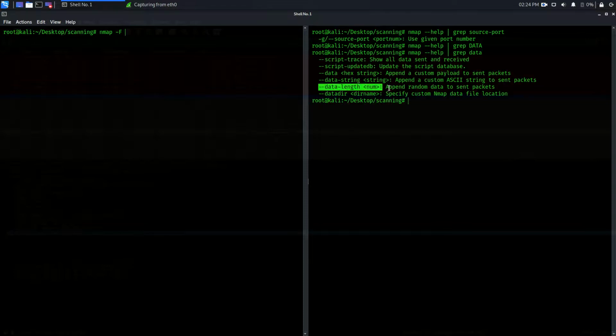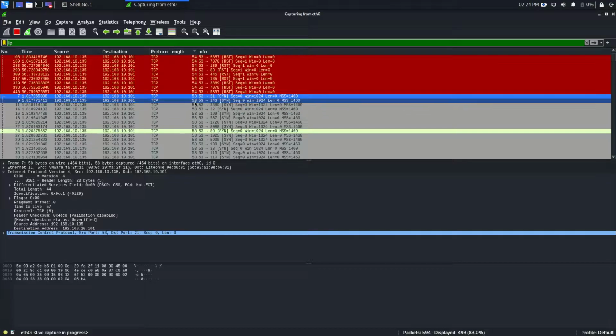Data length, yeah, this one. Okay, so nmap -n --data-length, and to show you, I want to put a big value here, and this value is in bytes. What you have before is 58 bytes when you send the SYN packet, right?